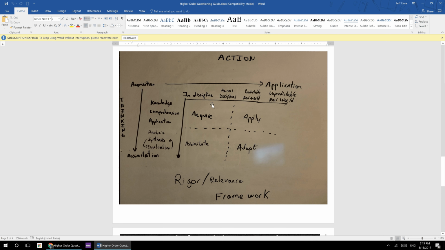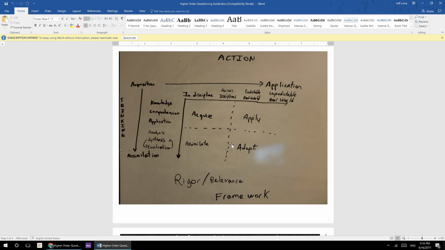And it's kind of nice and important to start there, but ultimately you want to push yourself to the other things, especially towards the adaptation. As you become more across disciplines and applying it in unpredictable scenarios, you're moving into the applying quadrant. Or if you move into deeper levels of knowledge, you go into the assimilation quadrant, even if you're staying within your own discipline. But if you start doing synthesis and evaluation across unpredictable situations, that's when you're getting to the point that you're adapting the knowledge you have gained to new circumstances. And that is where you want to push every student to be working at.